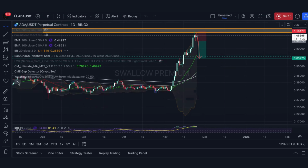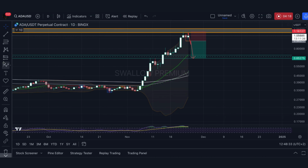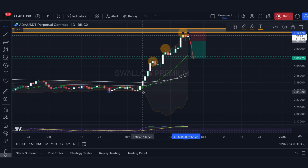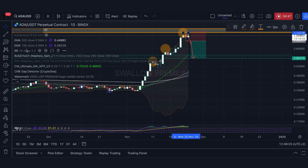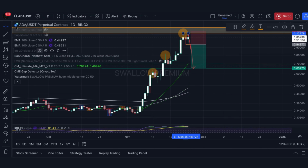So let me show you fast. And let's take this one. So you can see we are outside in the overbought zone. The first zone, then here as well, and now the last zone, third touch outside the Bollinger Bands. Also see how expanded the Bollinger Bands are, which usually indicates a similar sharp movement to happen to the lower zones. So overall, we are looking for some kind of bearish movement to the first target of